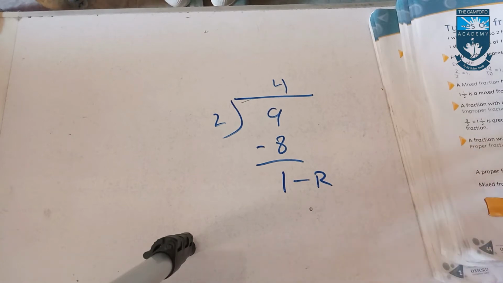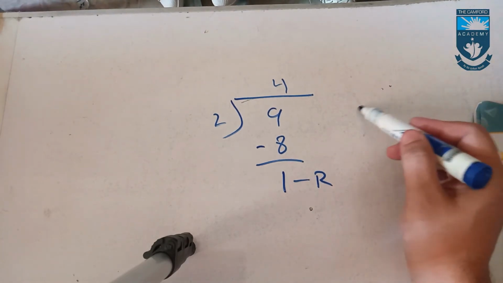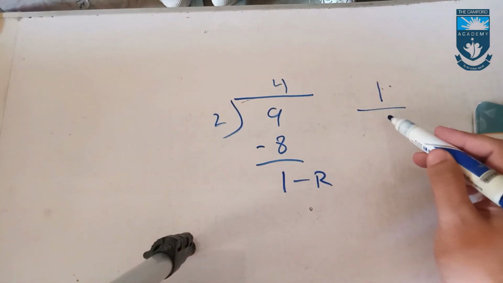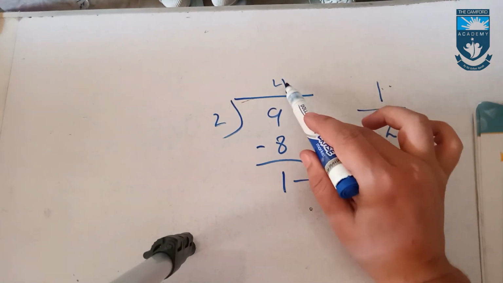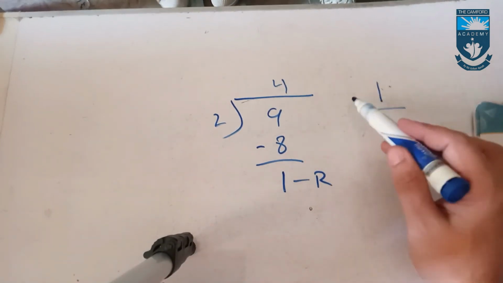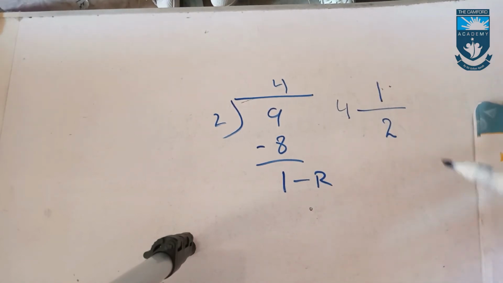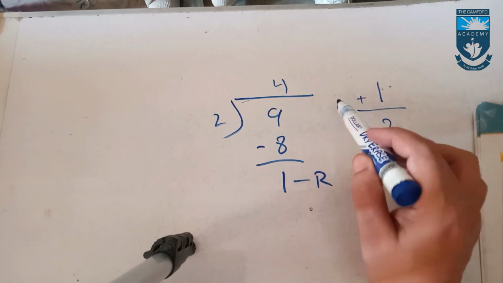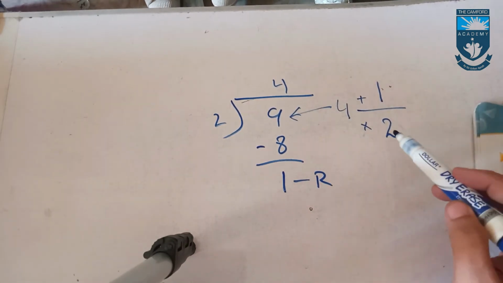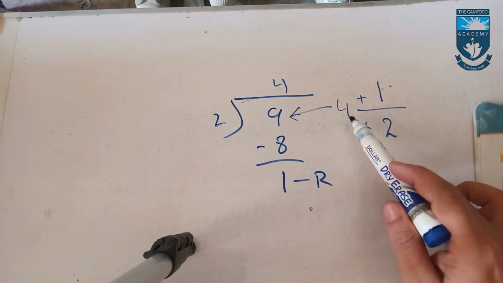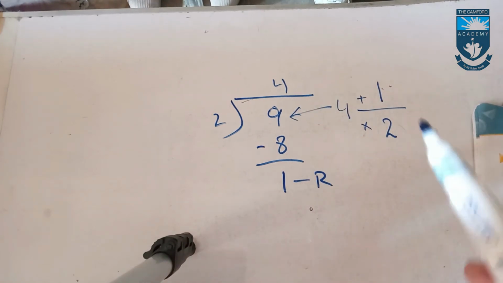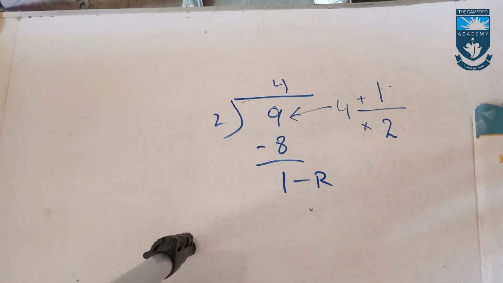So for that we have to write the remainder over the number you divided by, and the answer you get, meaning 2 multiplied by 4, in front. Now if you reverse this whole process, 2 multiplied by 4 plus 1, you will get this number again. Okay, this is called a mixed fraction.